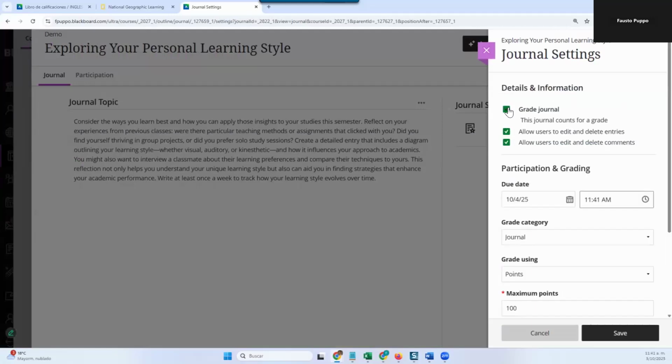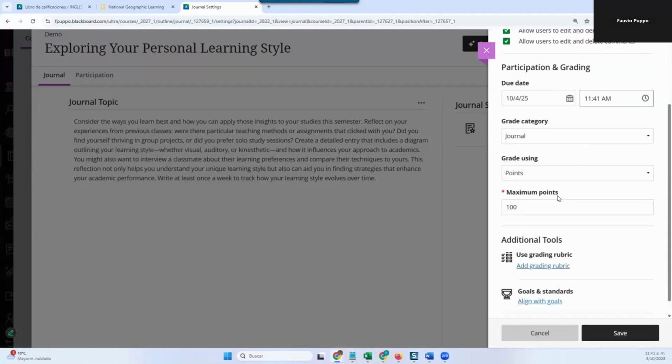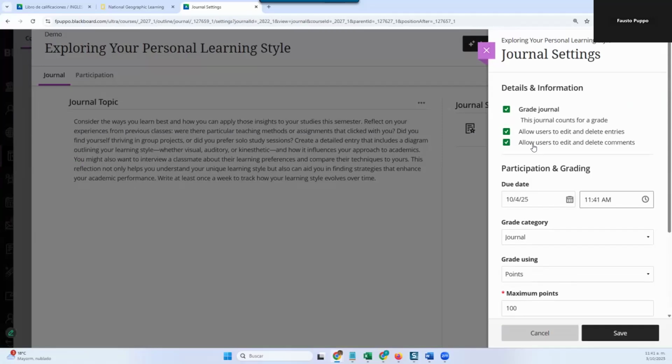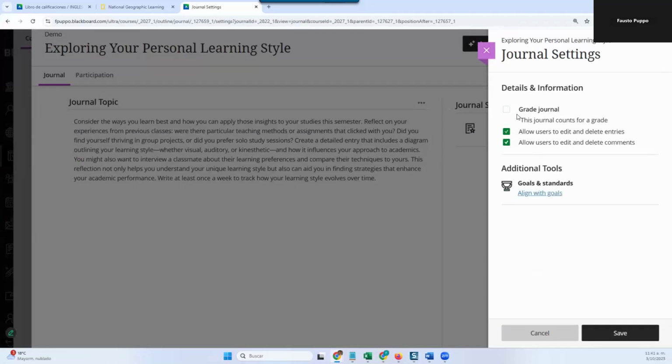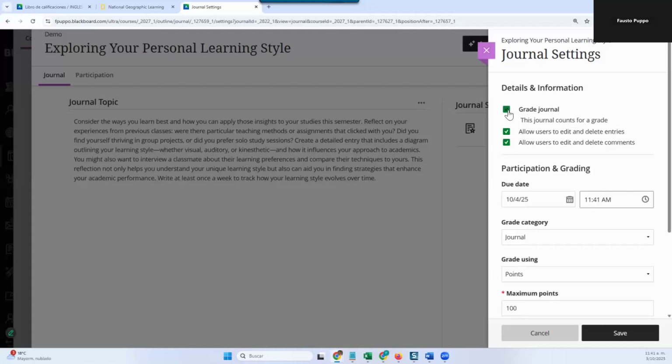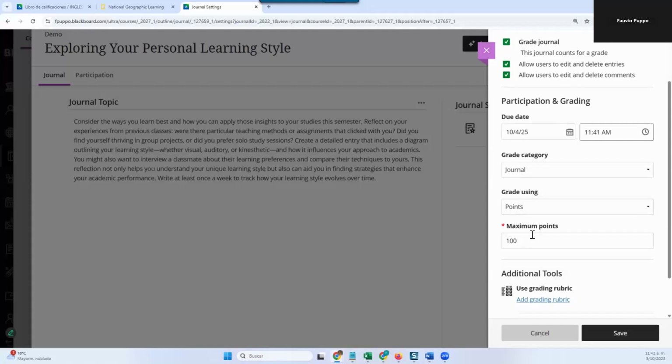If you click on Grade Journal, you get all these additional options. Among the standard options for ungraded journals, you can decide whether you want to allow users to edit and delete entries. I don't see why not. And allow users to edit and delete comments as well, because if you write a comment or give them feedback, then they can reply back. I would normally leave these two. And even if they're formative, I still usually make them gradable because that gives me some additional options, like establishing